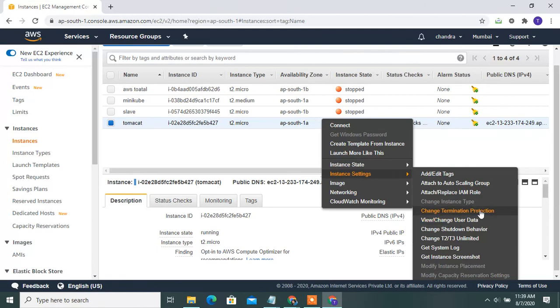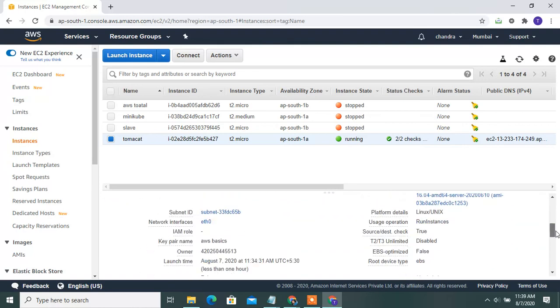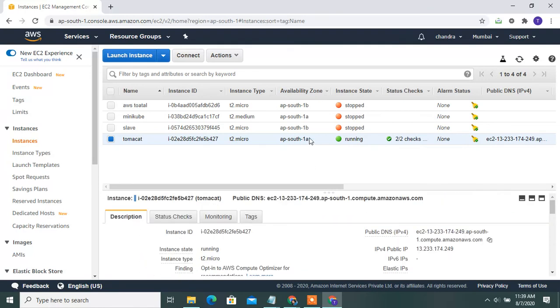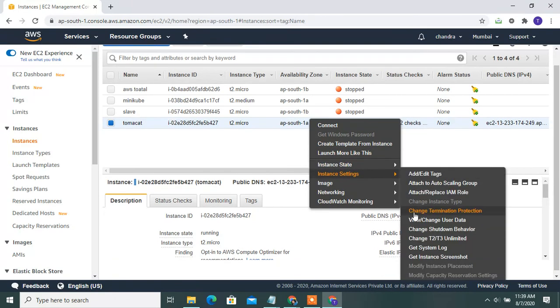Then change the termination protection. You can use this option to view and change the user data. You can view all the information here. Right click, go to instance type, and view the options.